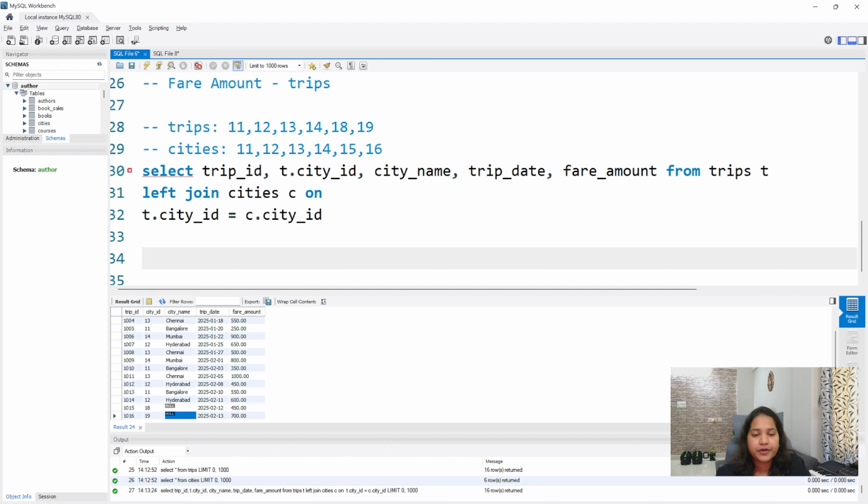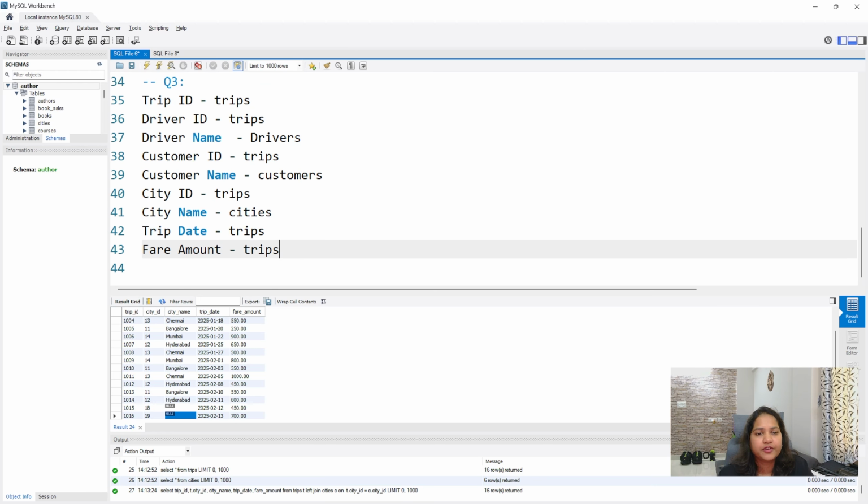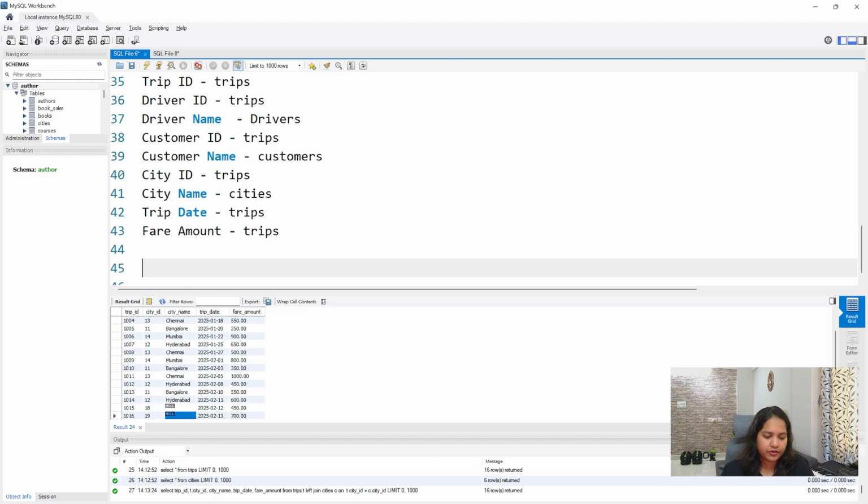Okay, now if somebody asks you, can you join 3 tables, 4 tables, 5 tables, because sometimes you want different column names, right? In that case, what will you do? Okay, so let's take something like this. These are the different columns that they want you to show in one table itself, in the one output. Then what will you do?